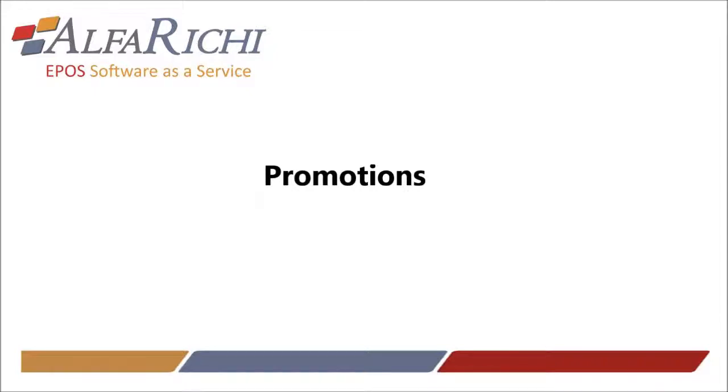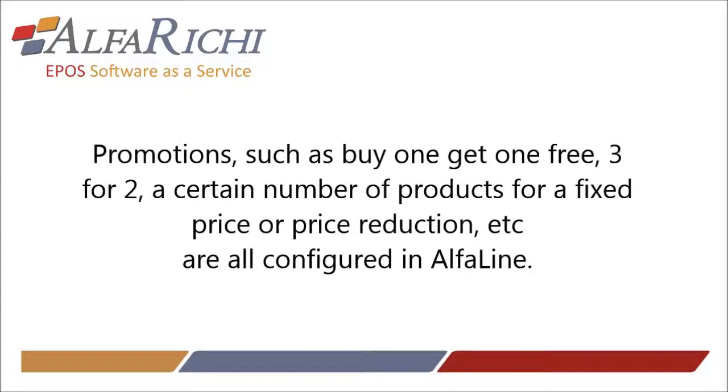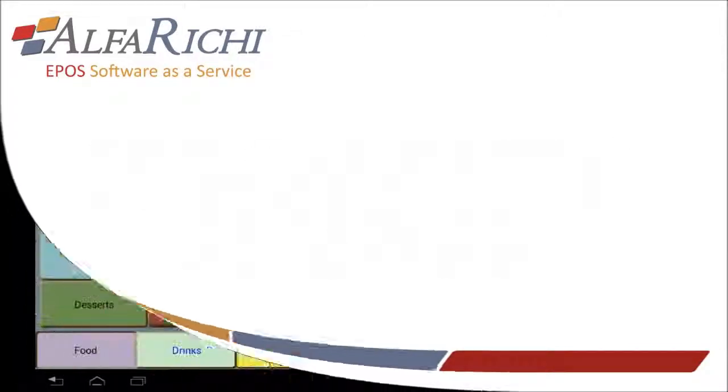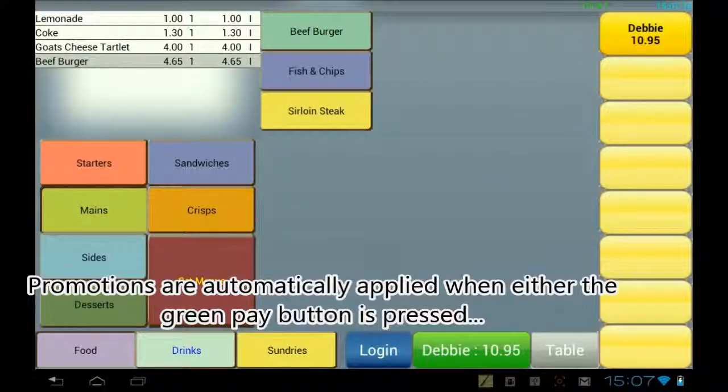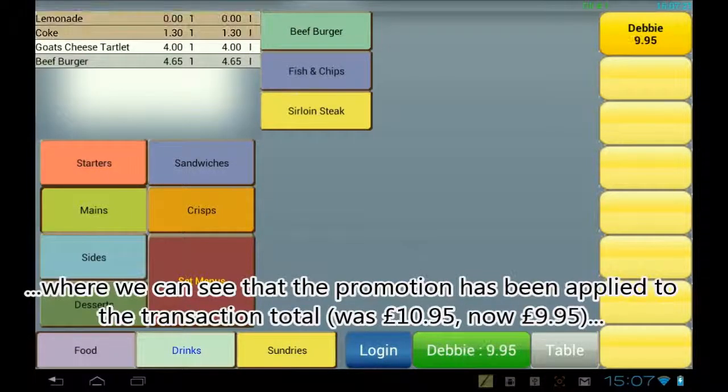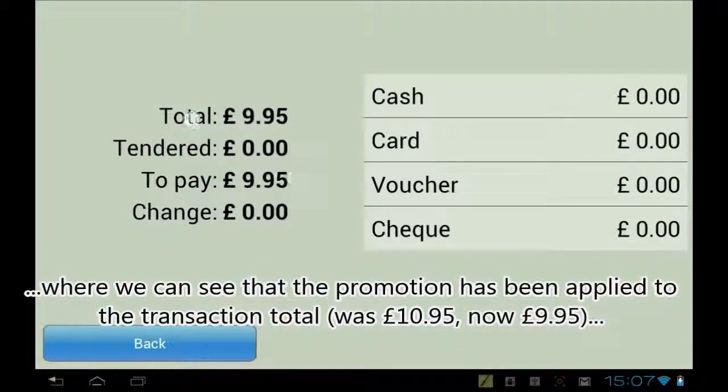Promotions. Promotions such as buy one get one free, 3 for 2, a certain number of products for a fixed price, or price reduction, etc. are all configured in AlfaLine. Promotions are automatically applied when the green Pay button is pressed, where we can see that the promotion has been applied to the transaction total,